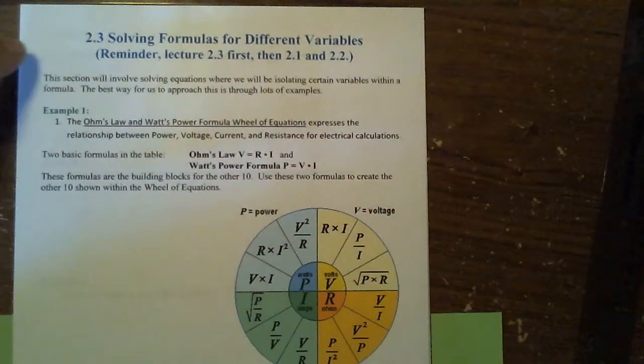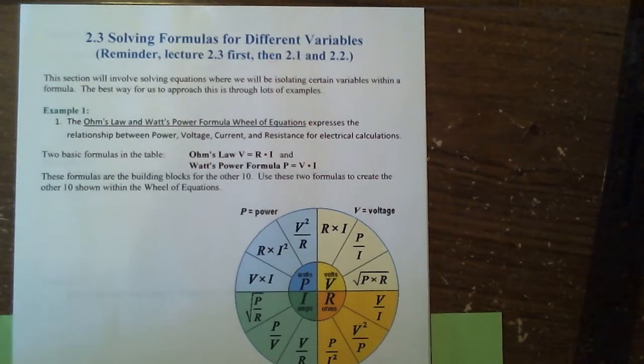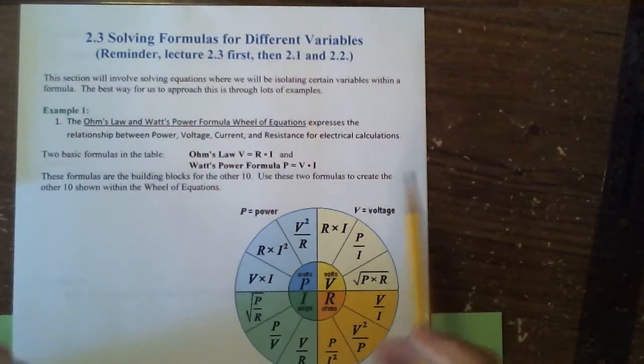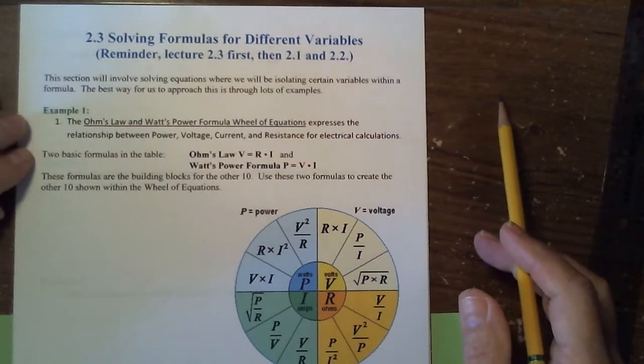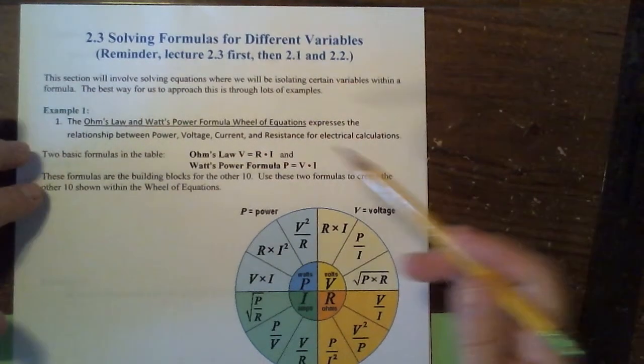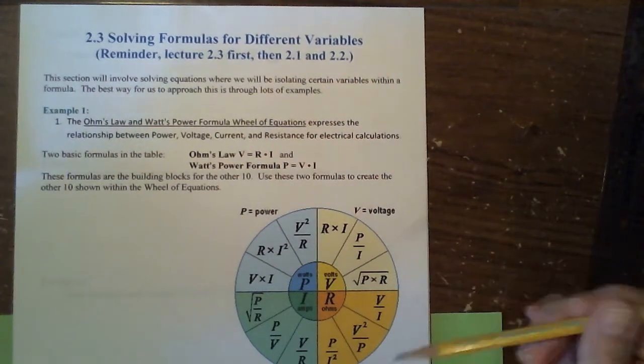About the contents of section 2.3. We're going to do this before we do sections 2.1 and 2.2 just because we think that it's a little bit more logical. We're going to be talking about solving formulas for different variables, and this wheel, that's used in